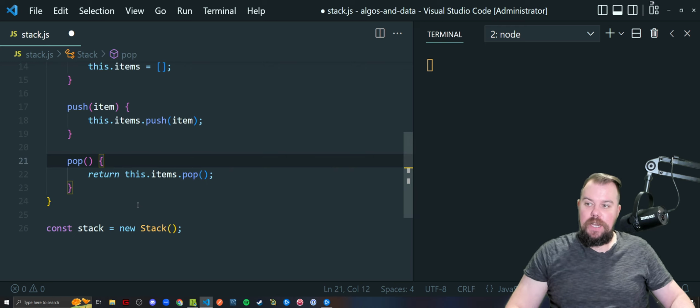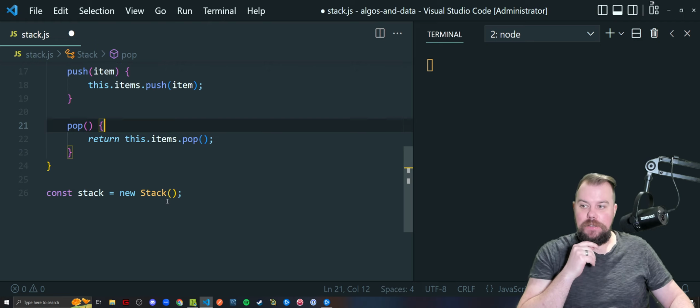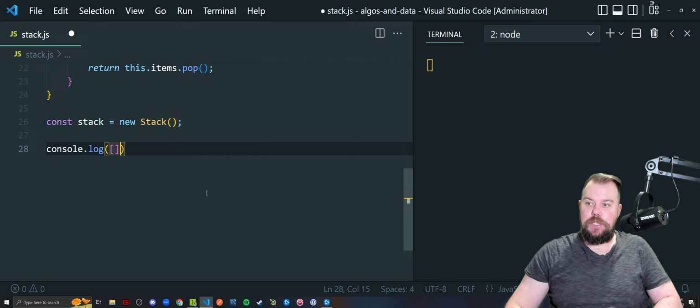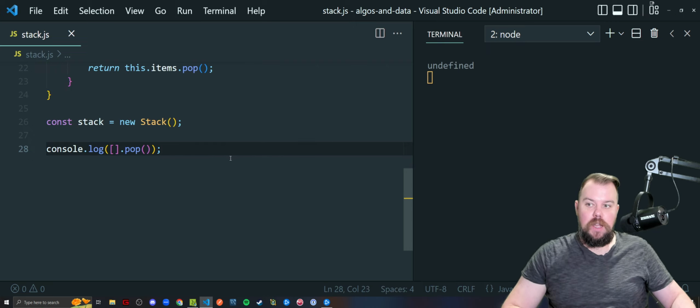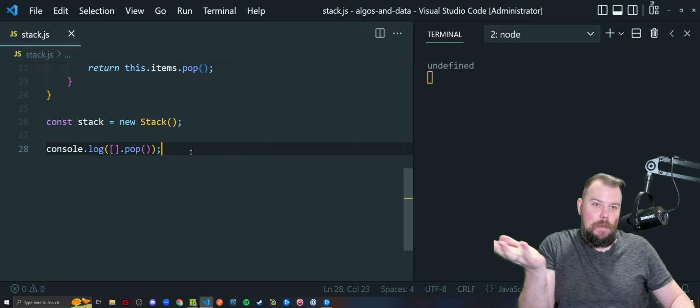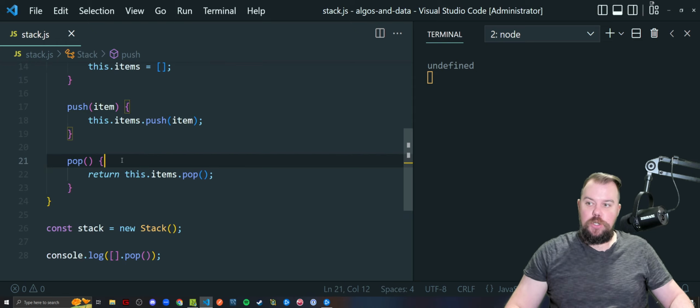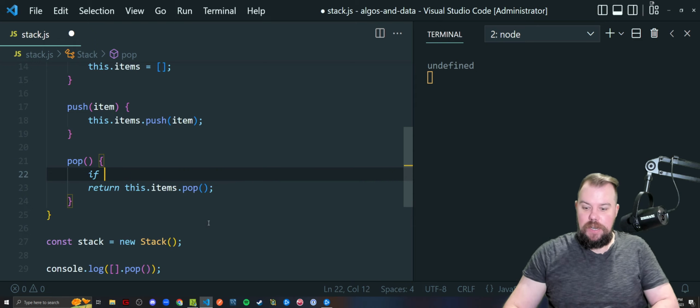Now, it would be wise to consider a small edge case scenario here. If we try popping something off of an empty array, let's see what that ends up doing for us. If I write an empty array and write .pop and save this file for the console log, we get undefined. So maybe that's fine if you want to write an if statement or something like that in your code when popping an item off, or we can add that into our class method itself to say if